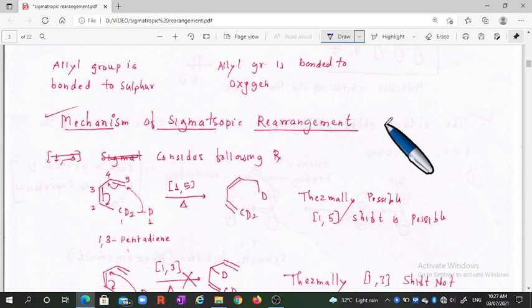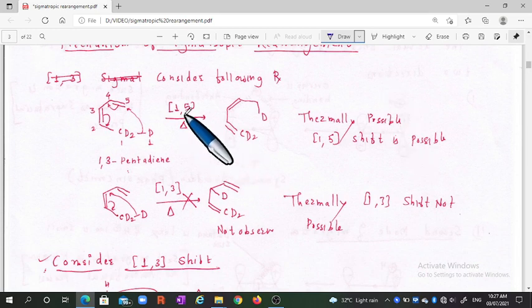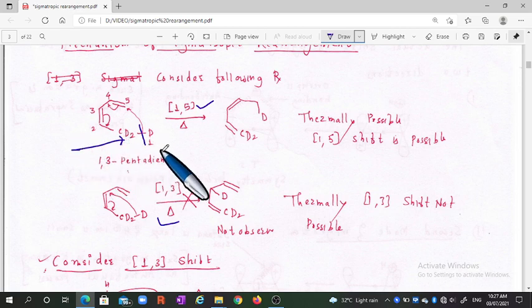The mechanism of such rearrangements we will discuss basically for the 1,5 sigmatropic migration and the 1,3 sigmatropic migration. First we will take the example. The sigma bond is breaking from this position, and this is the allylic carbon. We will give the numbering from the allylic carbon: 1, 2, 3, 4 and 5, and the migrating group gets the number 1. Therefore its name is the 1,5 rearrangement.